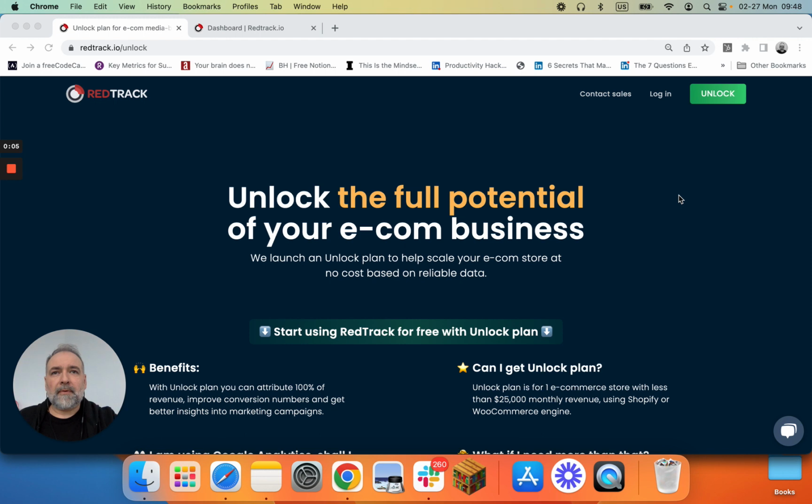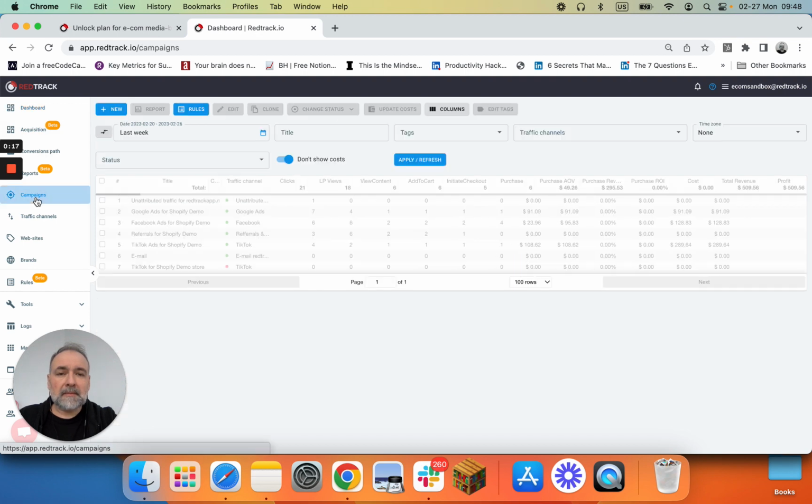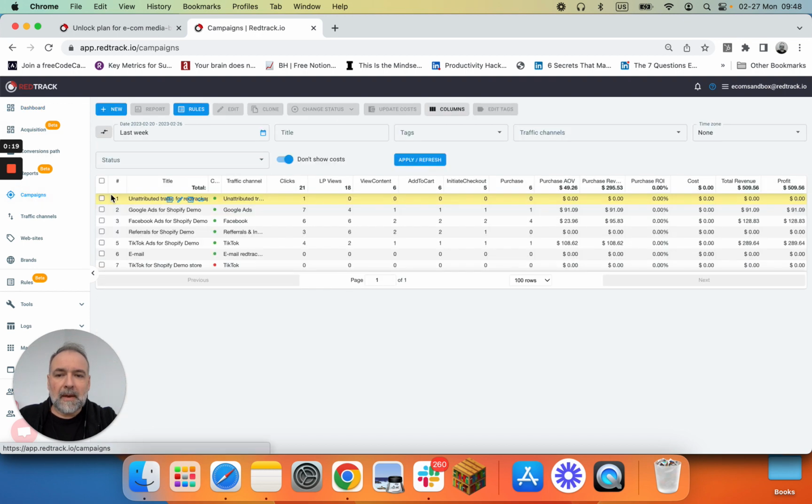In this brief tutorial, we'll show you how to add ad spend data to your campaigns. So let's go into the account, go to campaigns, pick up the campaign we want to add costs for. For example, this Google Ads campaign, go to edit,